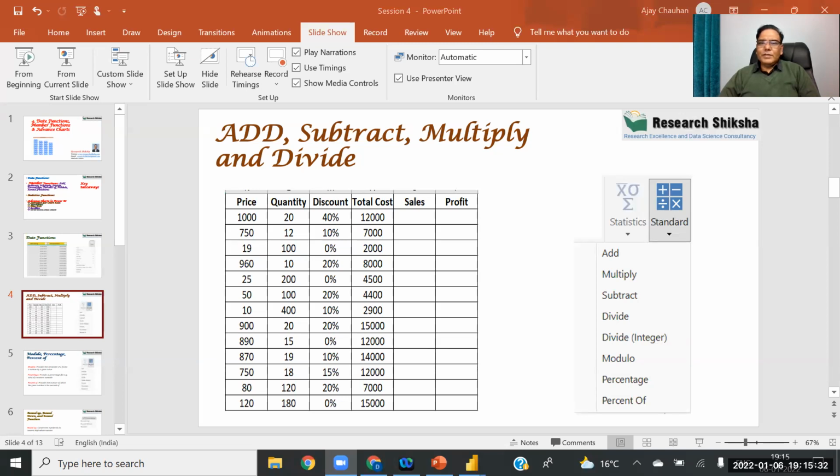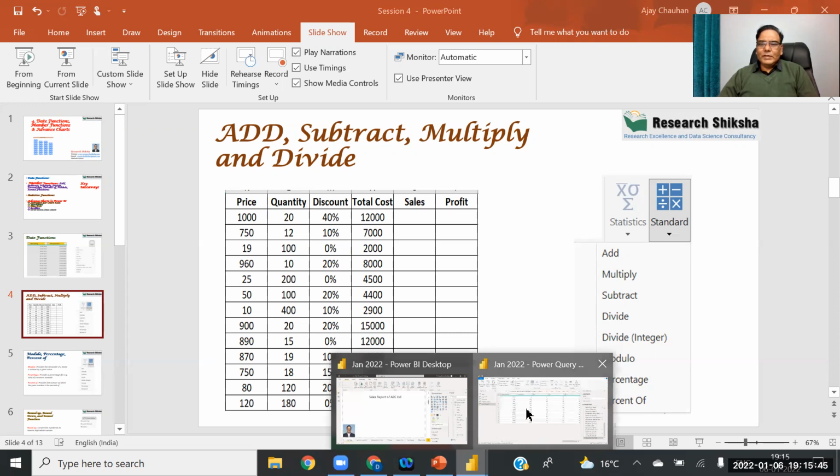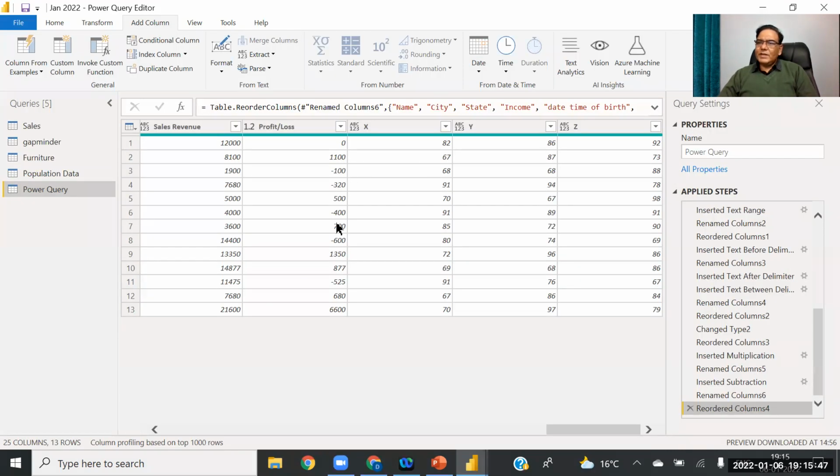Okay, this software is not useful for the advanced statistical functions. For that, you need to go to SPSS or any other software. So we cannot do statistical analysis in this software. You have to remember that. This software is basically a data visualization software.